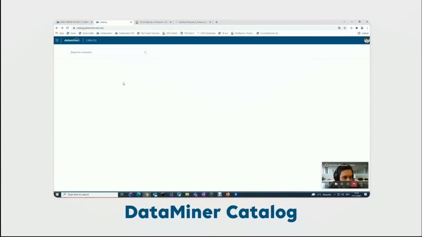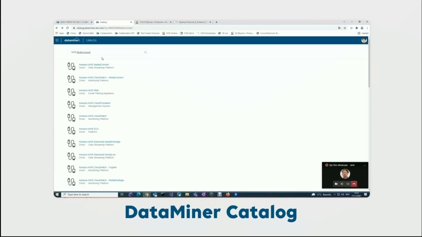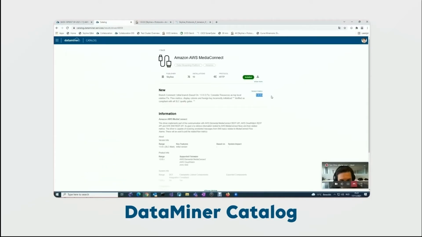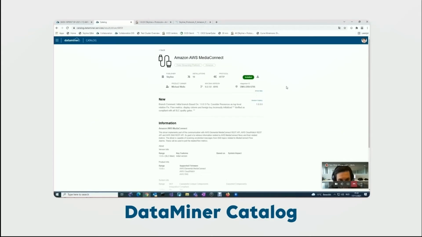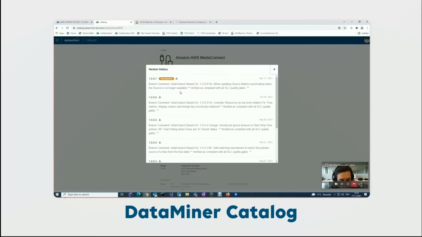Meanwhile, the connector in development is already listed in the DataMiner catalog. There's more catalog information linked down below, so don't forget to check that out too. So the catalog lists all the released items and also the development items actually. So here, for example, you see that the latest released one is 100X, so that's the one we were taking as a base. So here you see that we have 1007 that's still in development. So you could already download it, but as we will create a tag, it should remove this development